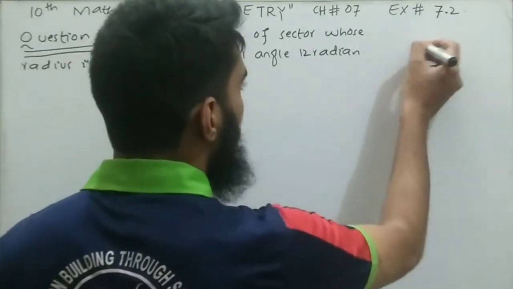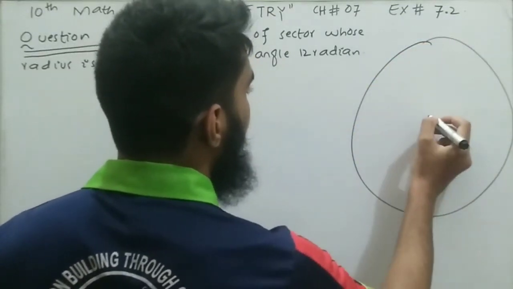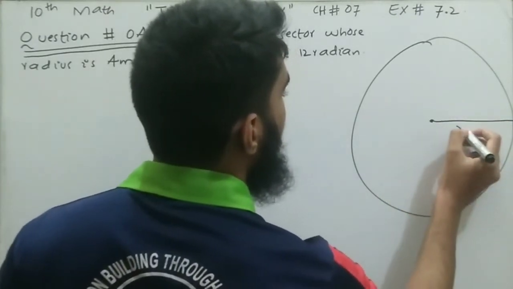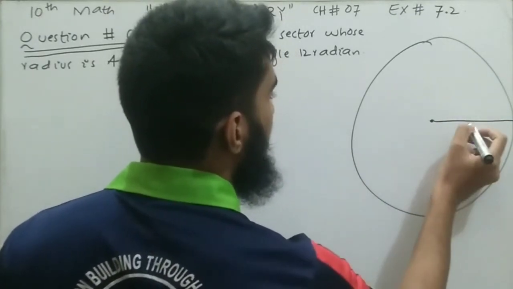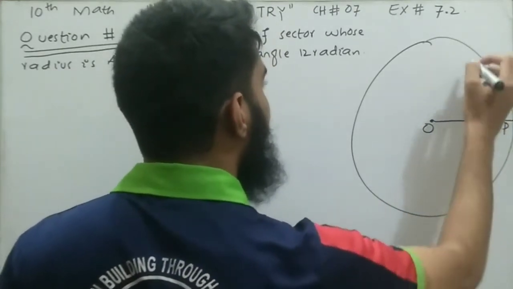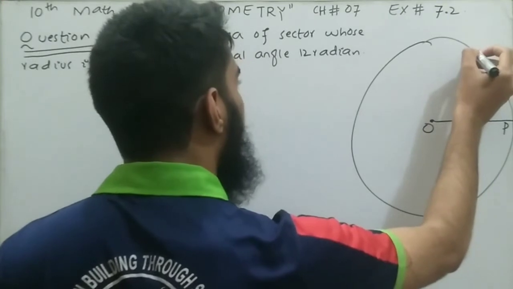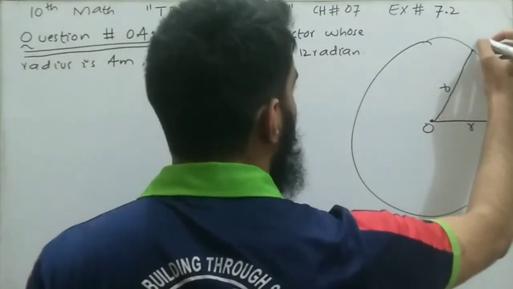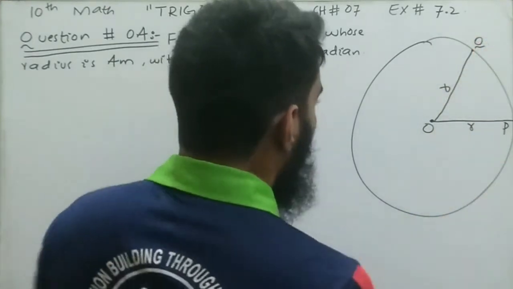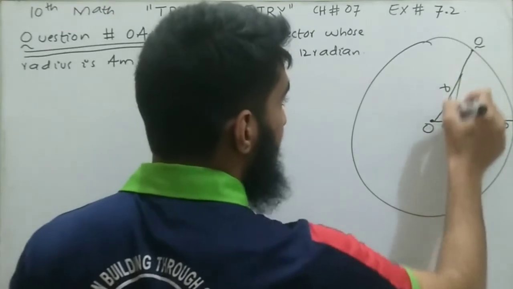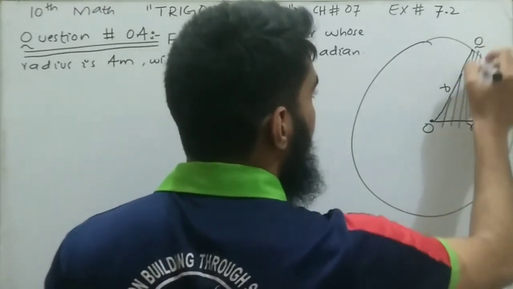Let's suppose this is a circle. Let's suppose this is the center of this circle, and this is the radius of this circle, represented by a small arrow. Let's suppose this is the center O. Let's suppose this is point P, and I draw another radius from the circumference to the center of the circle, represented by an arrow, and let's suppose this is point Q. Now this is actually a triangle POQ, and we want to find the area of a sector of this circle. This is the area of the sector.